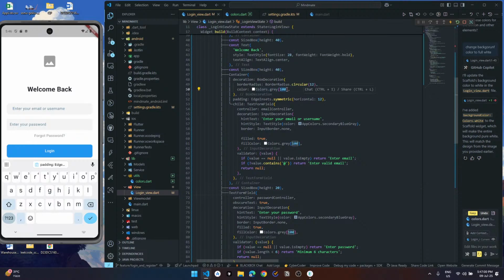Gray should be a bit. I think fill color should be 400.